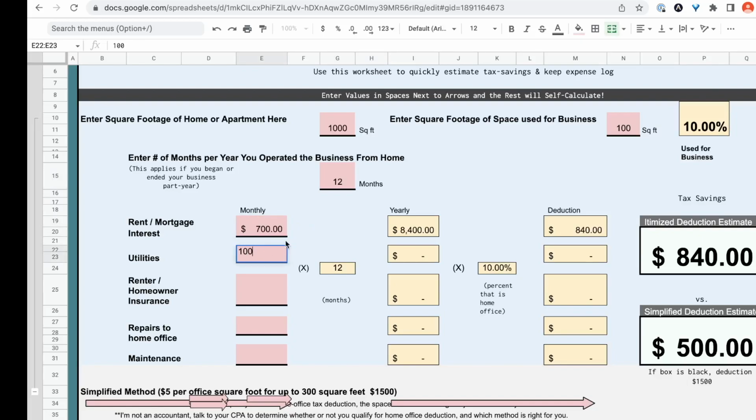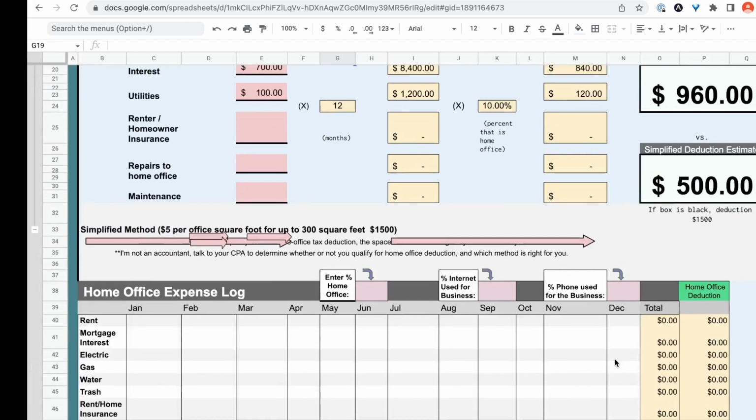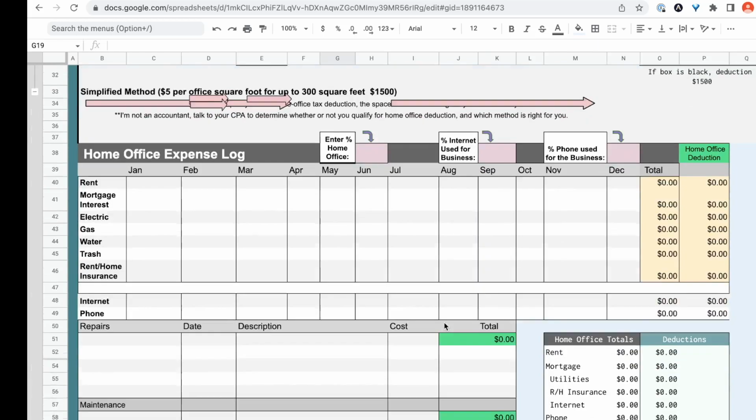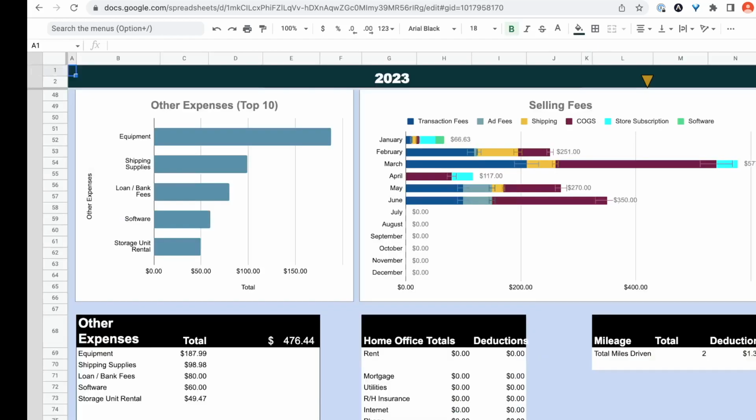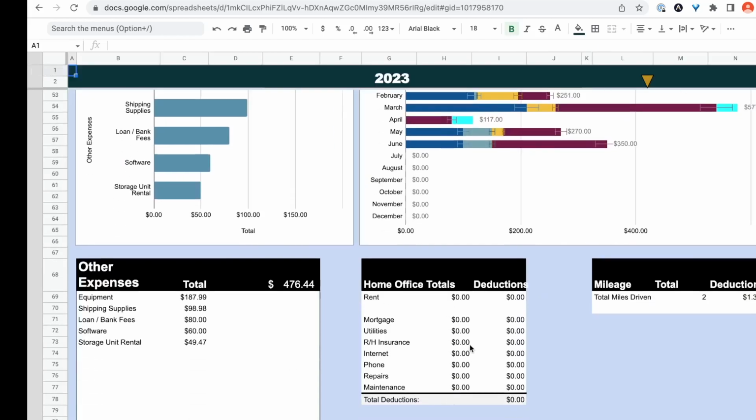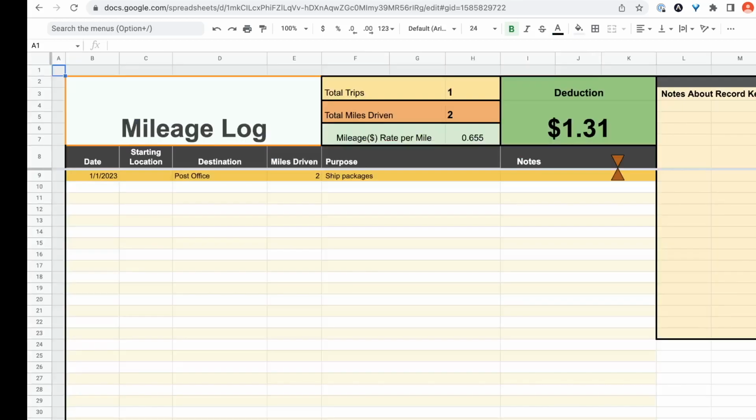My utilities are $100. Now I can look, and if I take an itemized deduction, it's $960. If I take a simplified deduction, it's $500. I decide I want to itemize. Now I can come down here and put in each one of my monthly expenses. Once again, the items will get tallied up over here, summed up in this sheet, and inputted into your dashboard for tax time. There's also a mileage log